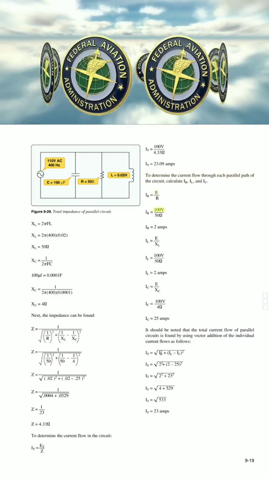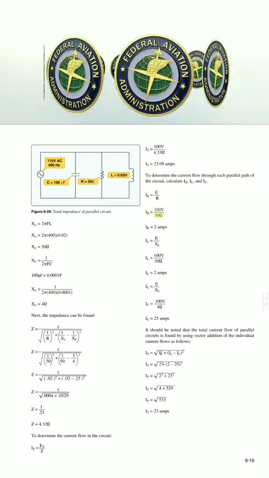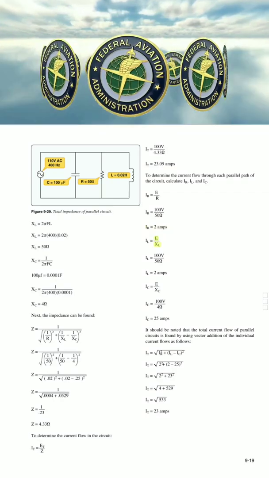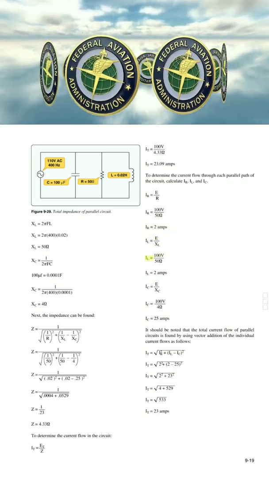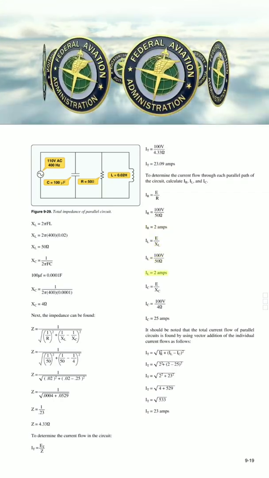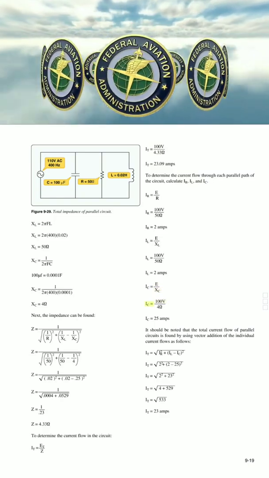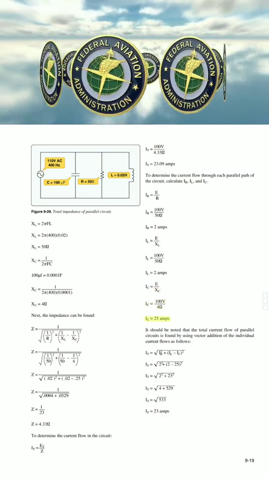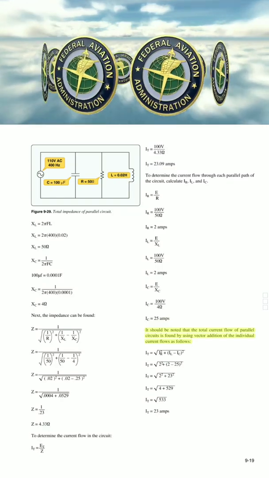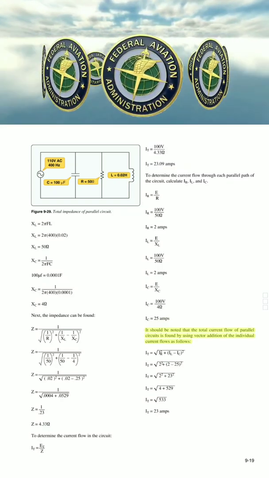ER is 100 V. IR equals 100 over 50. IR equals 2 amps. EXL is 100 V. IL equals 100 over 50. IL equals 2 amps. EXC is 100 V. IC equals 100 over 4. IC equals 25 amps. It should be noted that the total current flow of parallel circuits is found by using